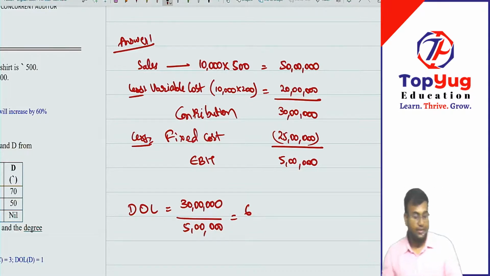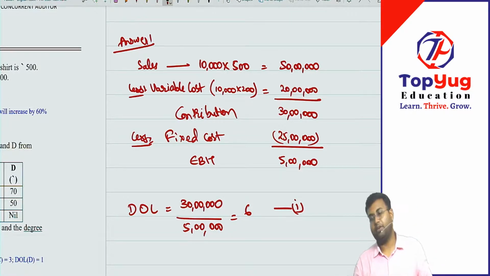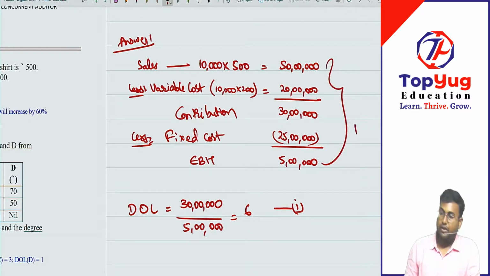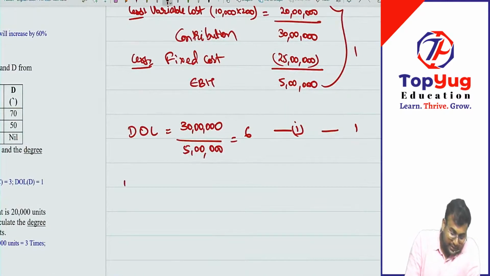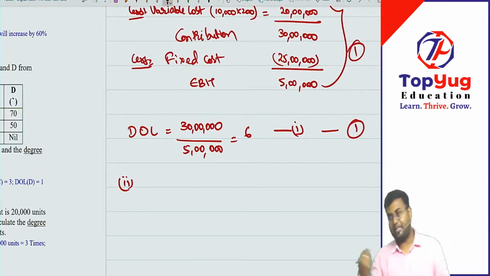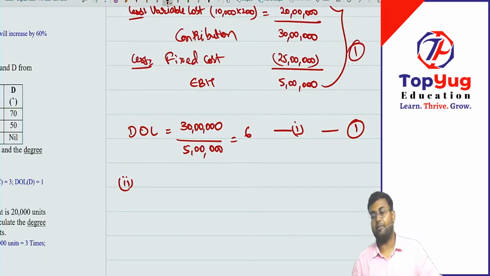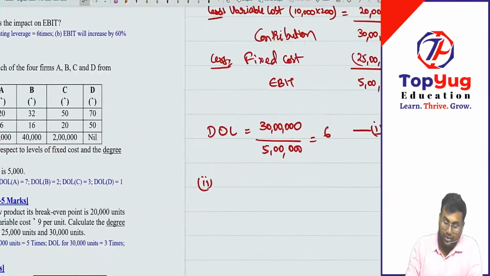So is this the first bit answer? You have got 1.5. This question will come for 3 marks. 1 mark you might get for this, and then 1 mark for this. Basically you might get 2 marks now, and 1 more mark you will get for the second bit. So what is the second bit? So this is ICI ranking. I am telling you how ICI gives the marking scheme. ICI marking scheme: 1 mark for making the income statement, 1 mark for calculating the first bit answer, 1 mark for the second bit answer. What does the second bit say? If the sales are up by 10%, what is the impact on EBIT?